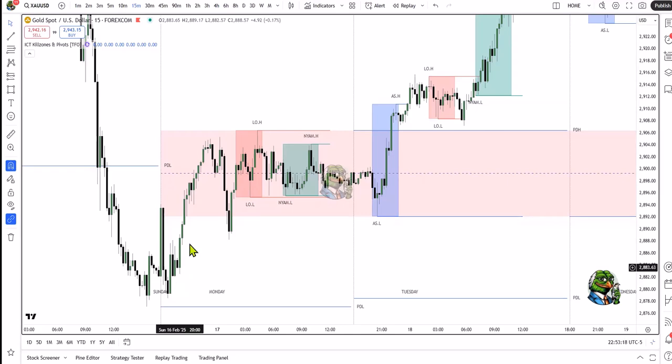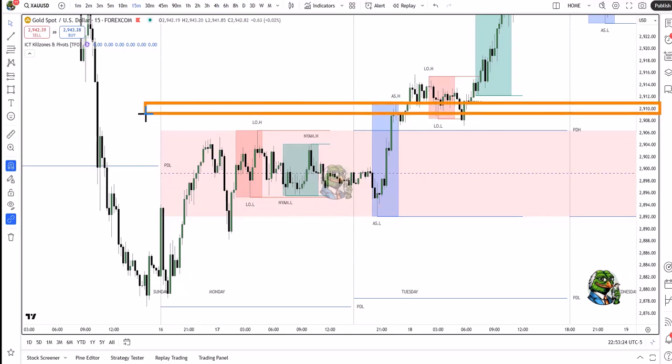Okay, so I've entered a long, and my target, as per my objective, is 2910, which is right there. You kind of keep that on. Now, Monday pretty much trades up close to there, but we don't get our target. You can see the target is still above. So Monday